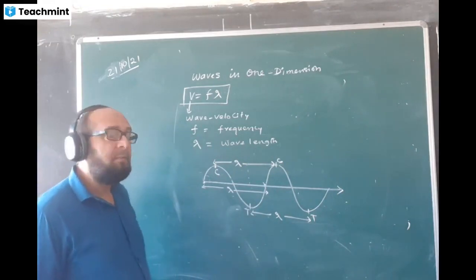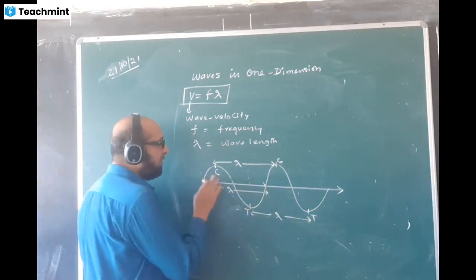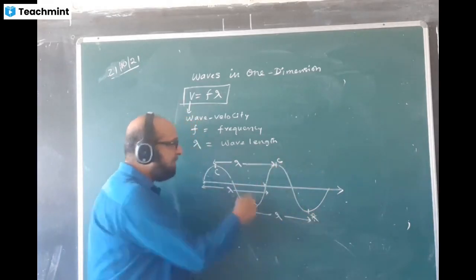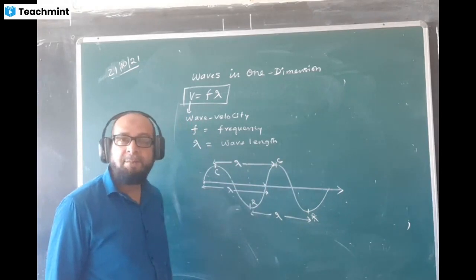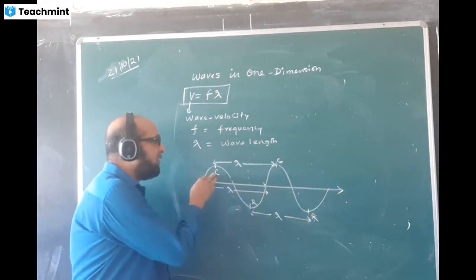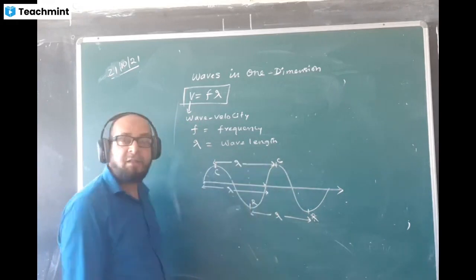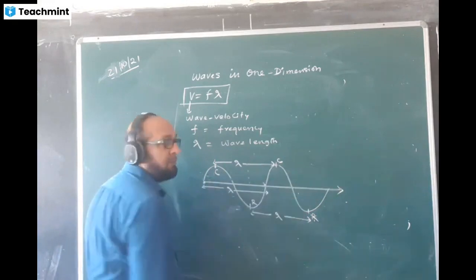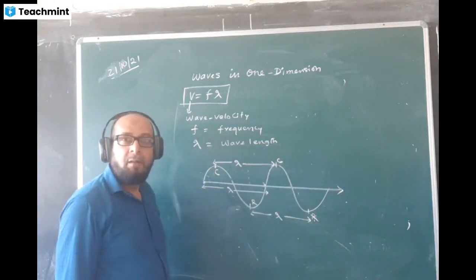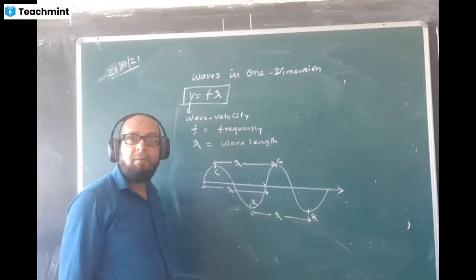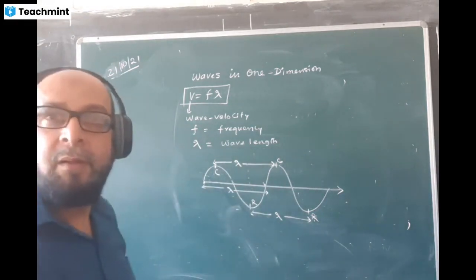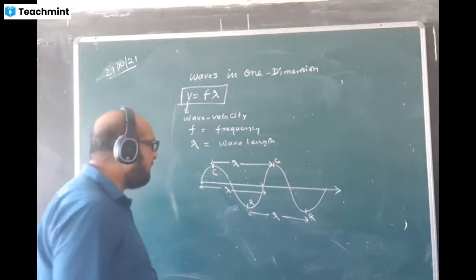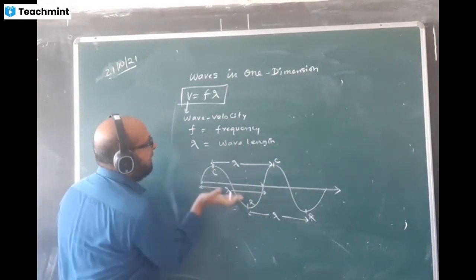If it is a longitudinal wave, instead of crests and troughs, we have compressions here and rarefactions here. But the wavelength we measure the same way. And the type of wave will be longitudinal now, because compressions and rarefactions are there. The medium particles vibrate this way, the same. Vibration takes place this way, up and down.